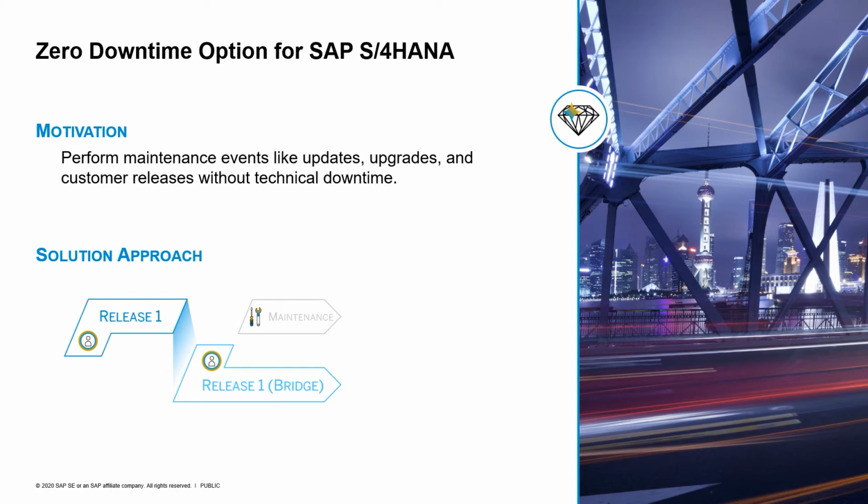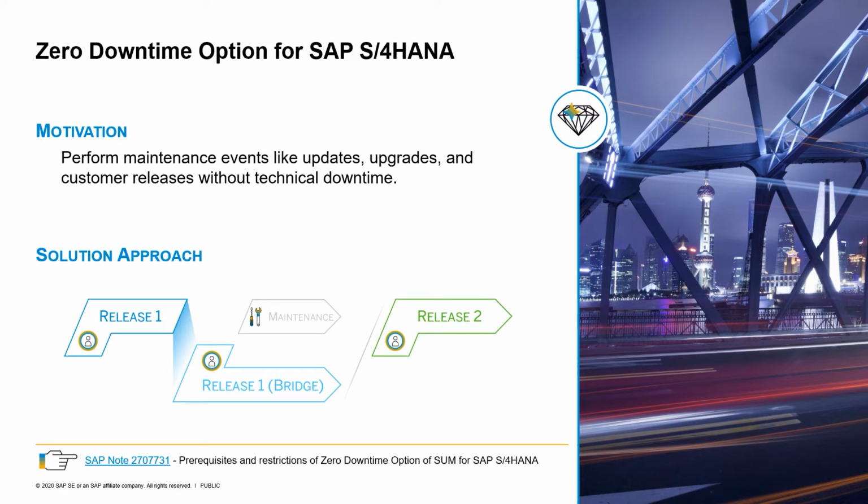It's important that the bridge, which belongs to, for instance, 1909, does not see anything that the upgrade is doing, because the upgrade is preparing the 2020 release. Before going for the 2020 release, we have to activate this release, right? And the activation happens with a restart of the application servers. That usually takes around 5 to 15 minutes.